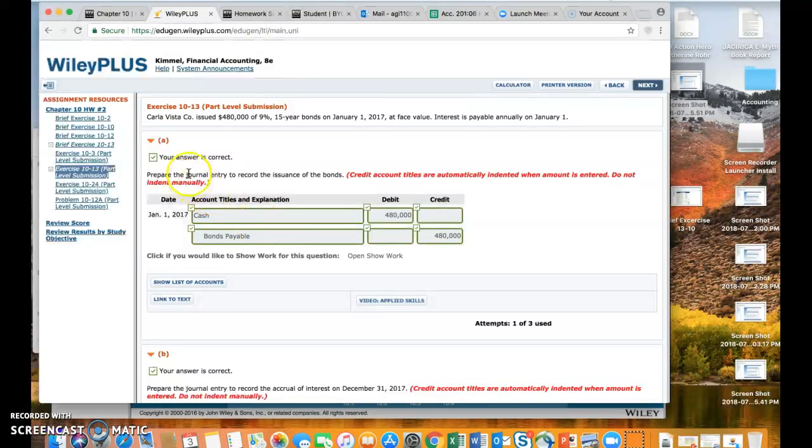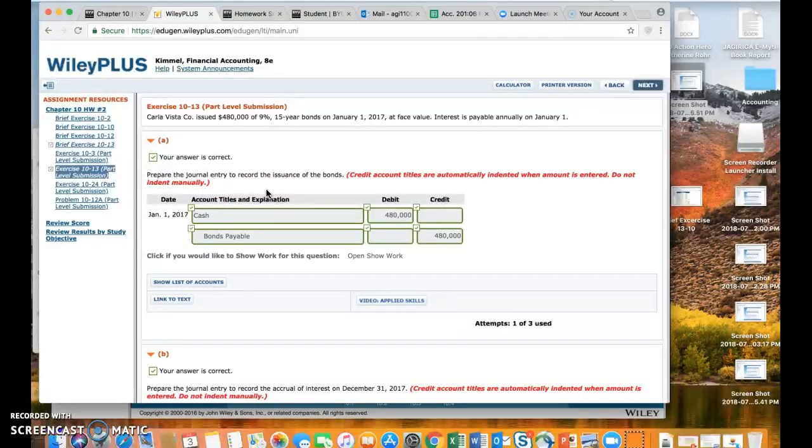The question is: Carla Vista Company issued 480,000 of 9%, 15-year bonds on January 1st, 2007 at face value. Interest is payable annually on January 1st. The first thing we are asked to do is to prepare the journal entry to record the